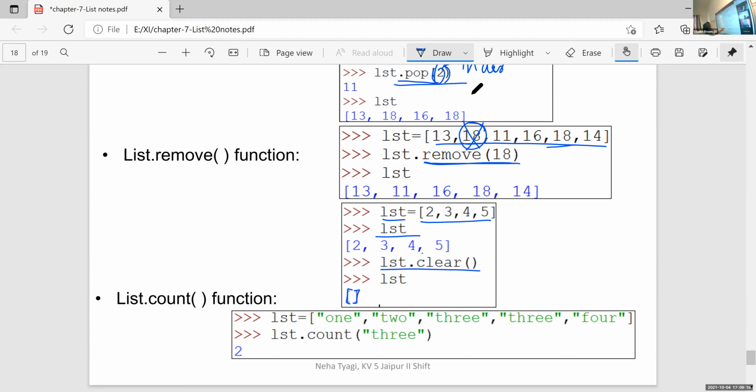And if we use a statement like print first, it will return one empty list. Empty list means the square bracket is there with no value inside it. So here, clear is the function used to delete all the elements from the list, and after the clear function, the content of the list first is an empty square bracket. An empty square bracket is called an empty list.